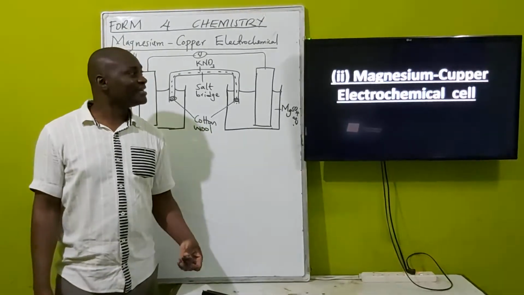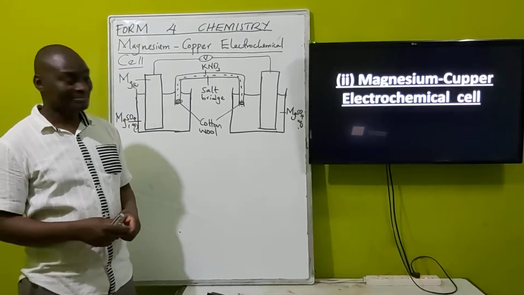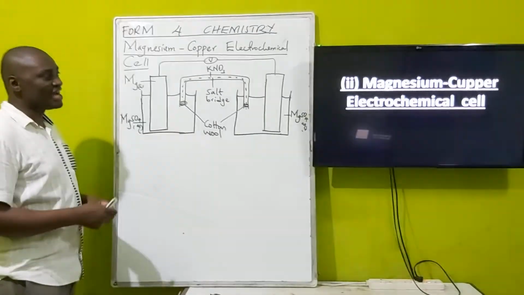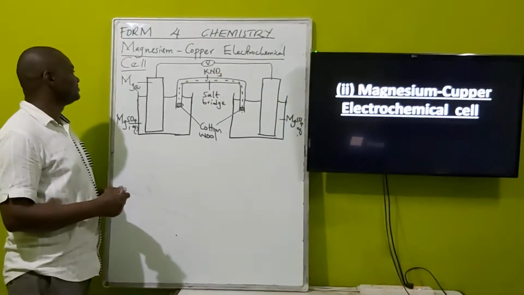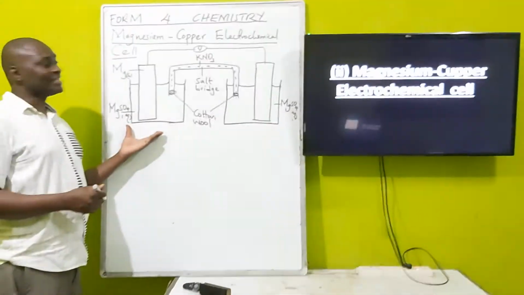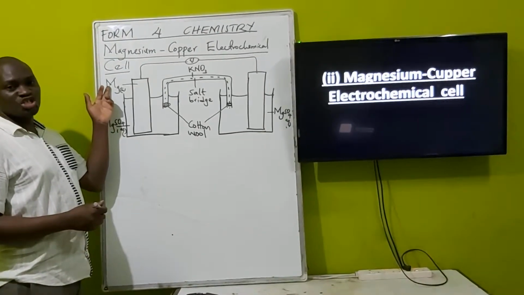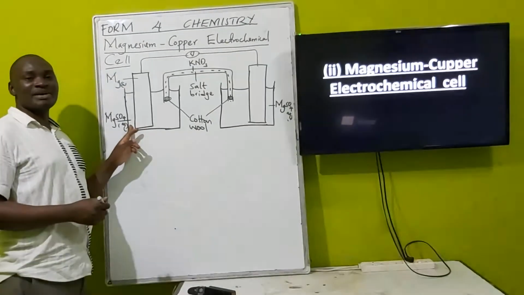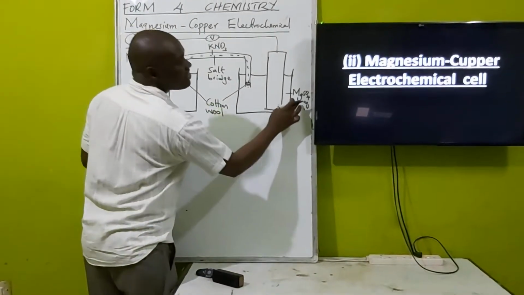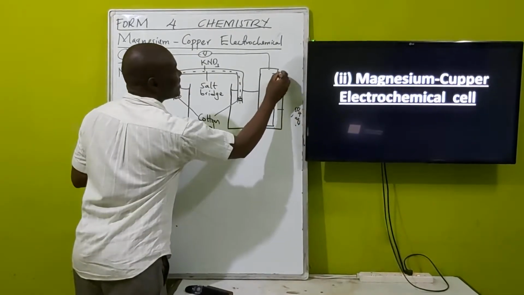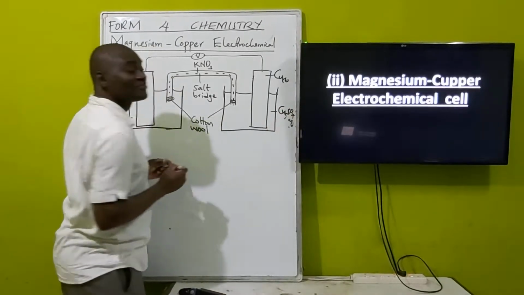Today we want to look at the magnesium copper electrochemical cell. And we have a diagram here of the magnesium copper electrochemical cell. Now on the left hand side we have magnesium electrode dipped into a solution of magnesium sulfate. On the right hand side we have copper, dipped into a solution of copper 2